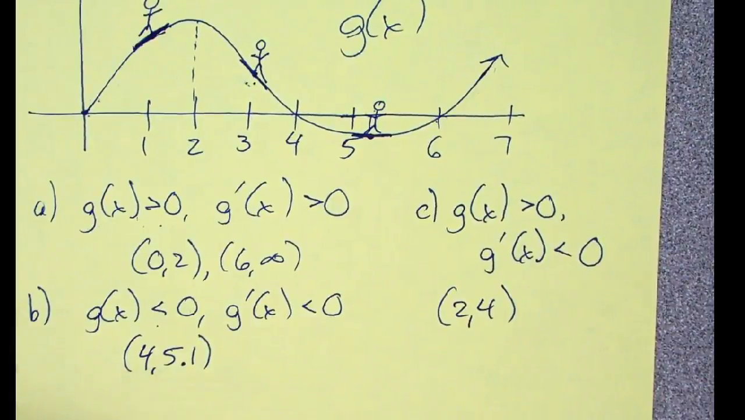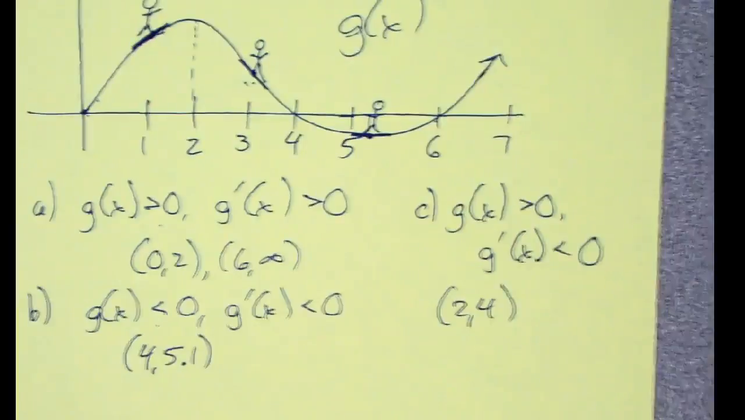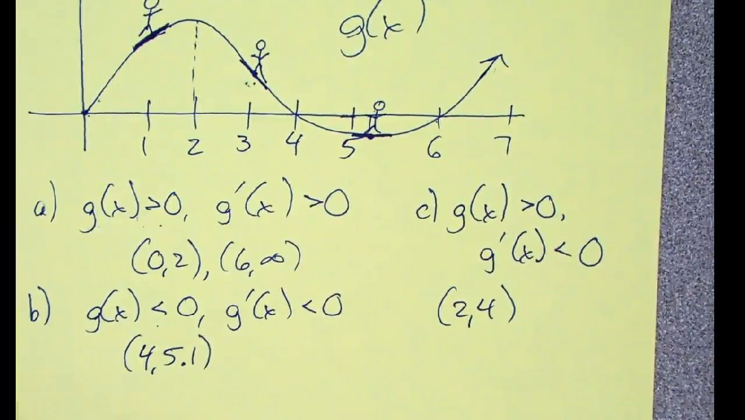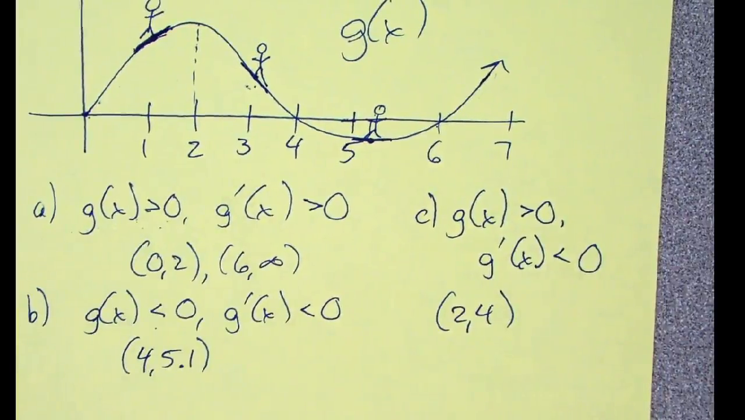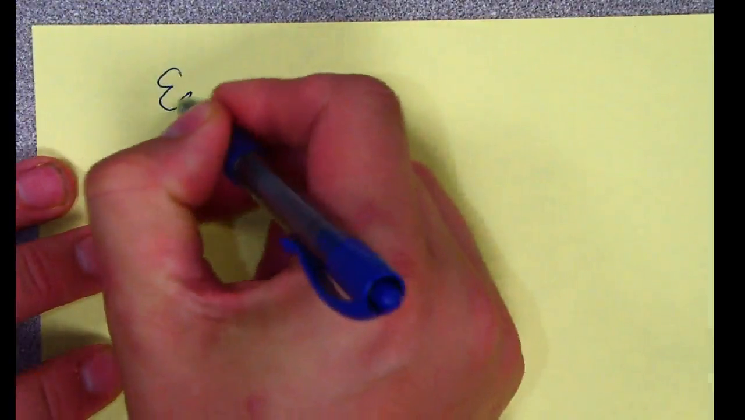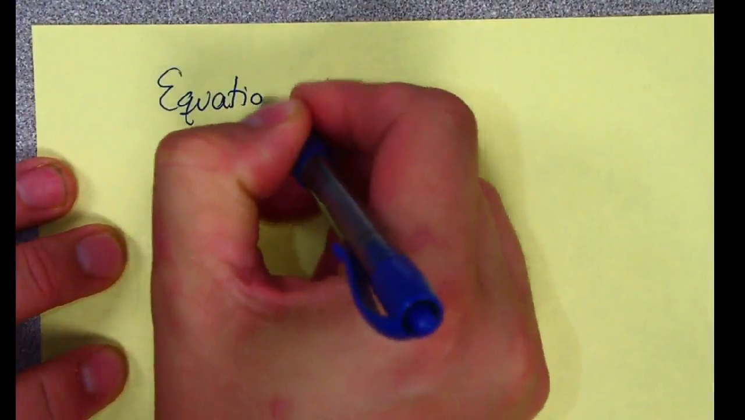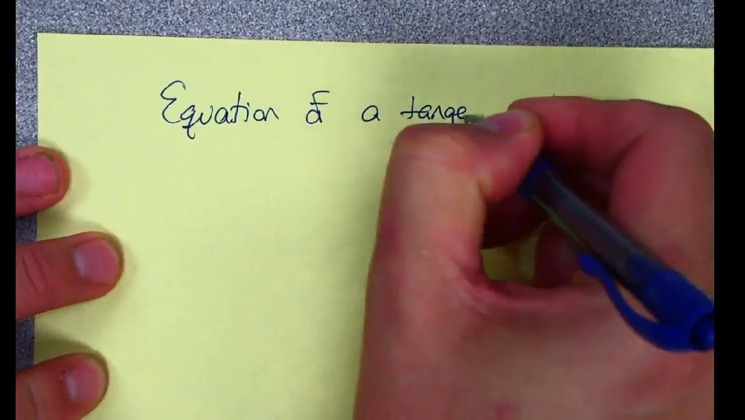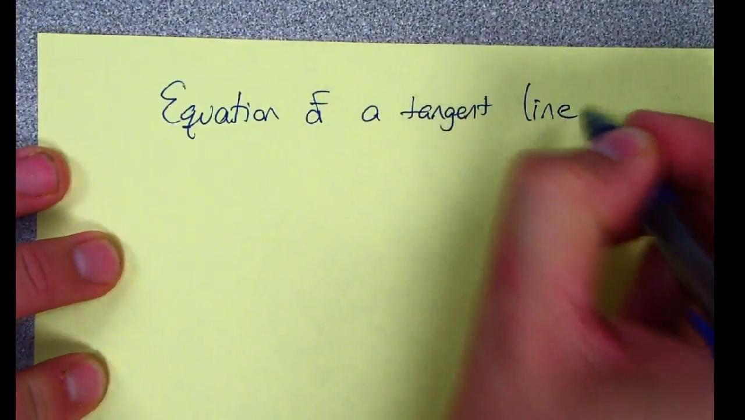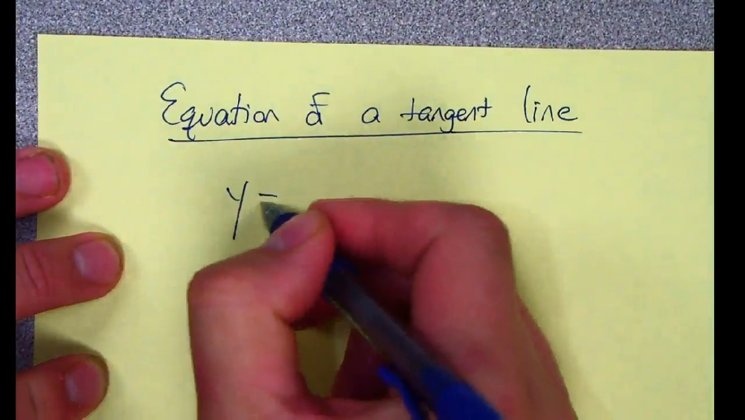All right, so that's one thing you're going to have to look at tonight: determining where the derivative is positive or negative, which has to do with the slope, and then where the function is positive or negative, which has to do with just the y value. Okay, the second thing you're going to have to do, and we'll practice all of this stuff in class again tomorrow too, is the equation of a tangent line. So the equation of any line in general